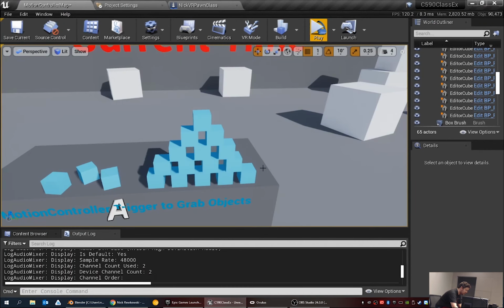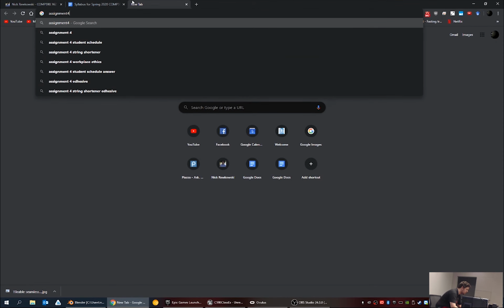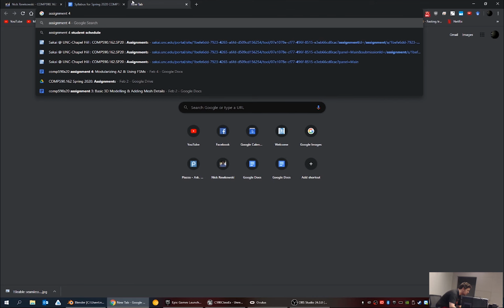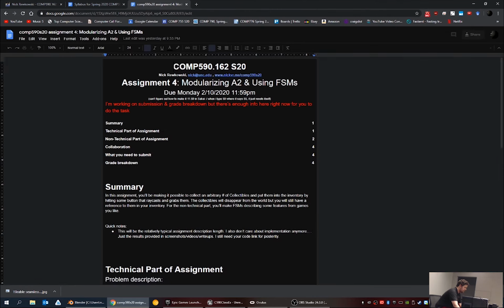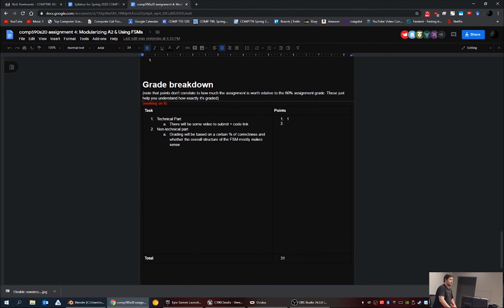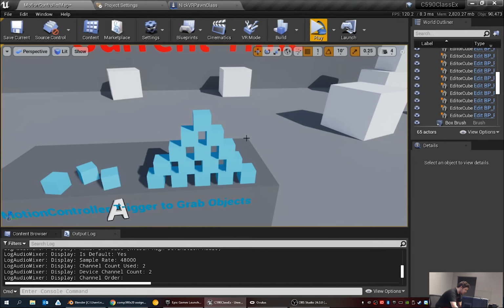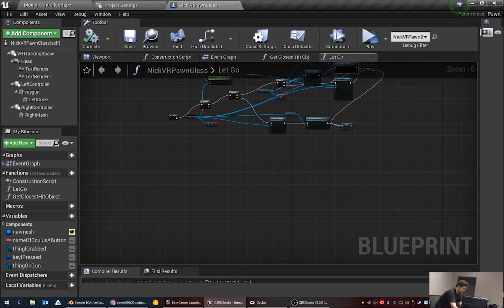All right, A4, assignment 4. A4's instructions are pretty simple, but for the coding part, what you'll be doing is making it so that you can pick up an arbitrary number of collectibles, right? And A5 will also be kind of complex. We might just do this on Monday, but just to give you a hint,